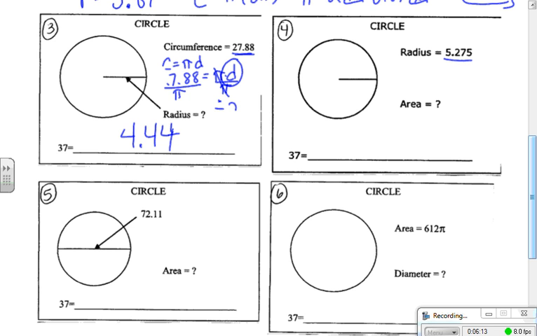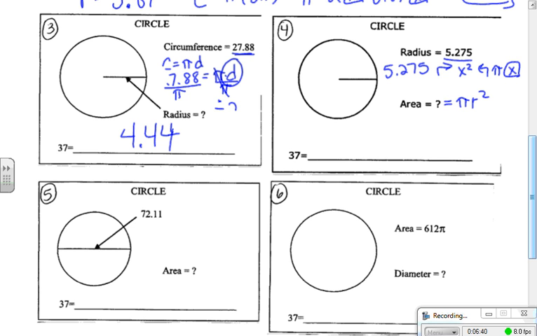We have a radius given to us, and we want to find the area. Remember, area is pi r squared. So we'll take our radius, 5.275, and then we're going to hit blue x squared. That's going to give us the value for the radius squared, and then we need to multiply it by pi. So we're going to hit orange pi